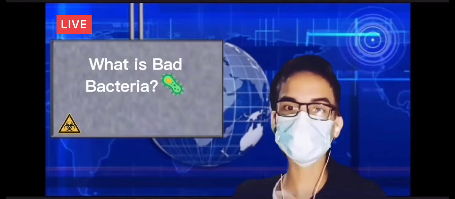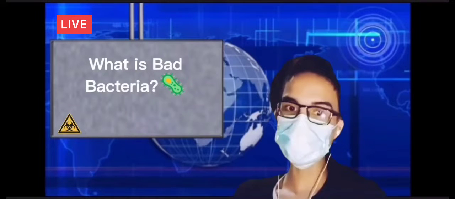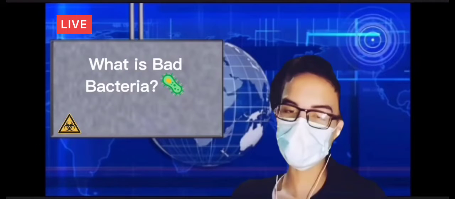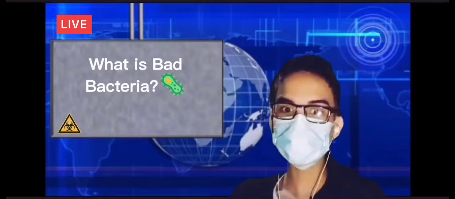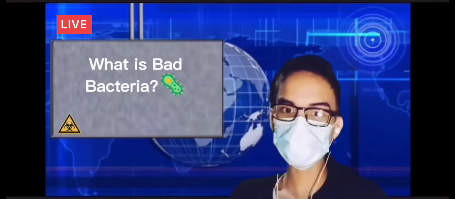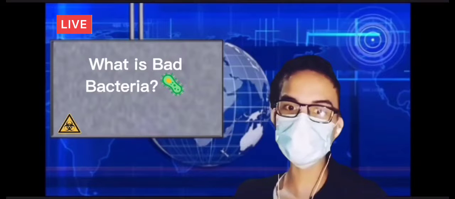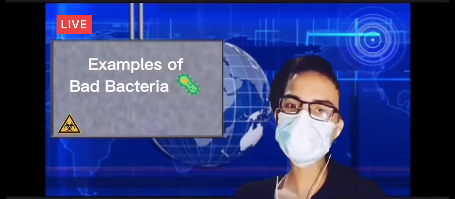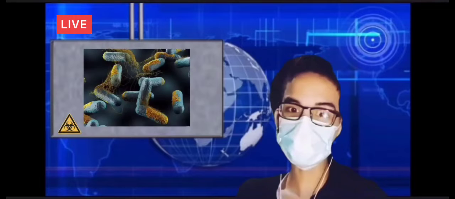Bad bacteria are those which do us harm. We refer to them as pathogens. This might be acquired from our environment, like the bacteria causing cholera. Vibrio cholerae can be acquired by eating food or drinking water contaminated with the feces of infected people or through direct contact with an infected person. What are examples of bad bacteria? Clostridium perfringens, Staphylococcus, and Escherichia coli.